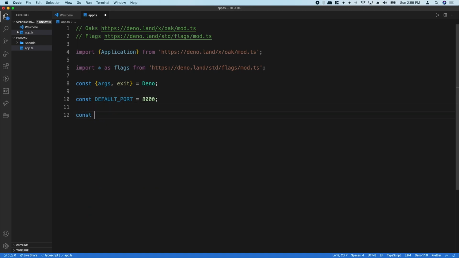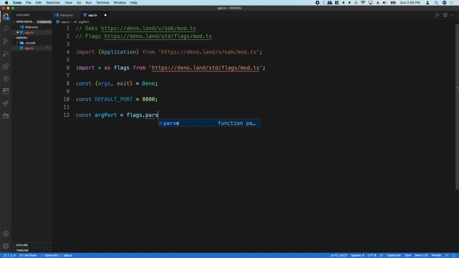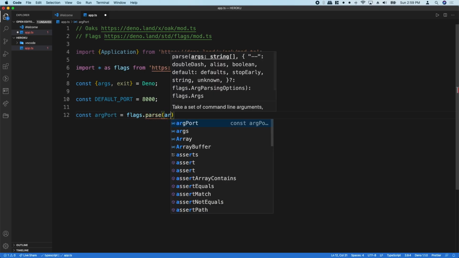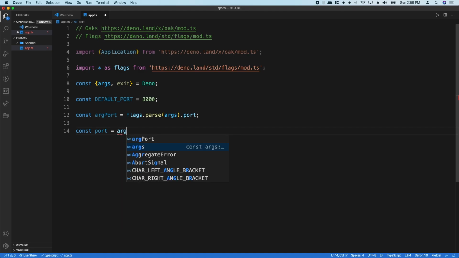Then we are going to need to get the argument port, as this helps to recognize that if our server is running on any server, it passes its port number. Then we can check our argument port number and continue our application, or if not, we set our port to port 8000. We are going to write const port equals arg port. Then we pass our conditional operator.